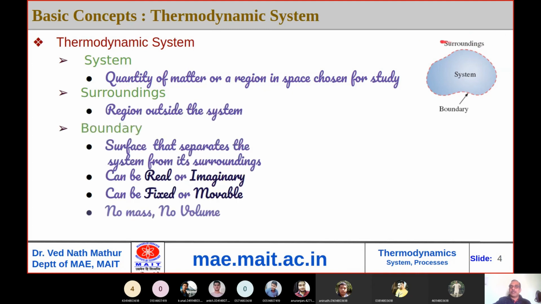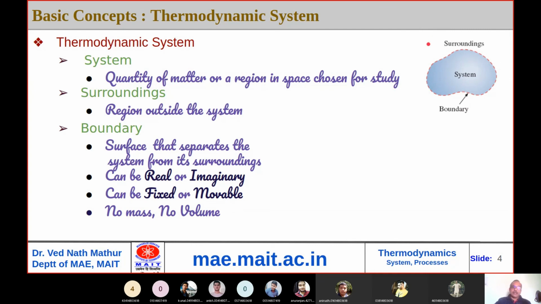my system is a larger perspective, which includes this system and this surrounding. Now, for my study, whatever is happening within the system and surrounding, the interaction is between this system and surrounding, and both these things are within this larger system too. Let us call it system 2, within which lies this surrounding and within which lies this system. Now this system 2 becomes an isolated system for that particular study.